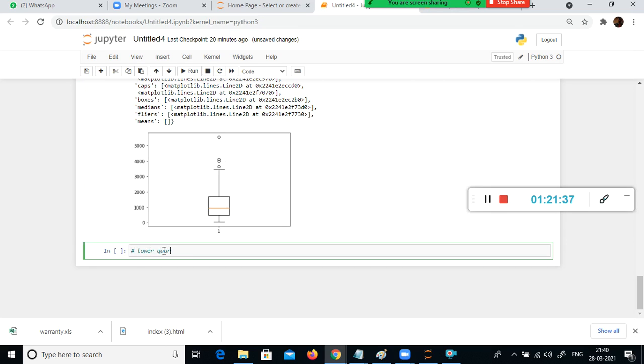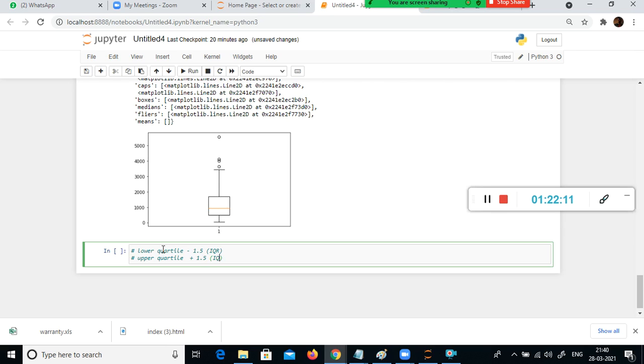Lower quartile minus 1.5 into IQR, and upper quartile plus 1.5 into IQR. IQR is Q3 minus Q1. So with this formula, we can find out the outliers.